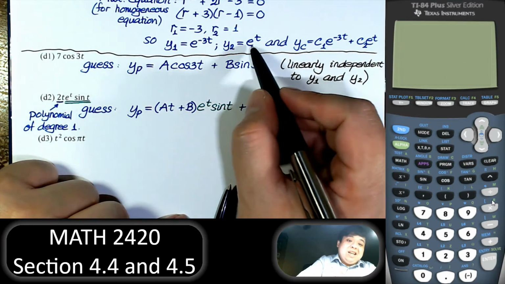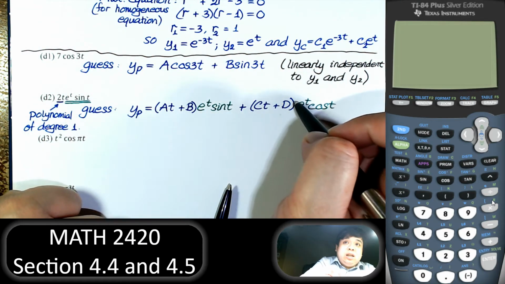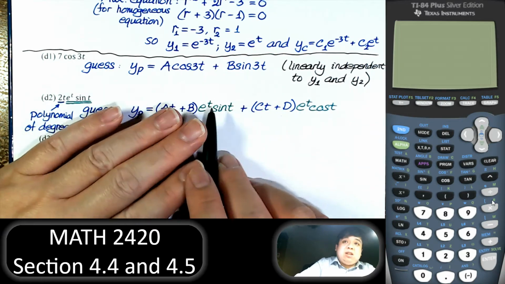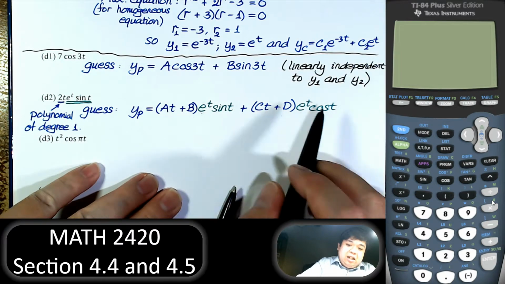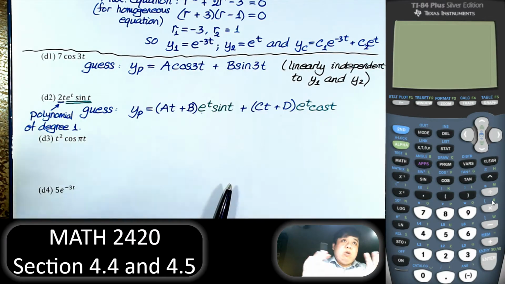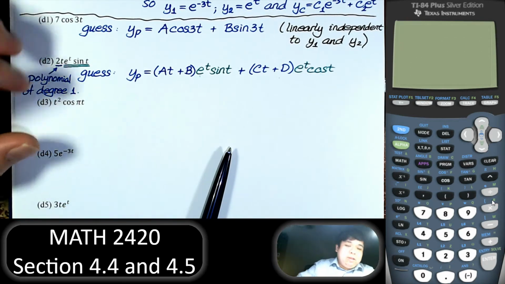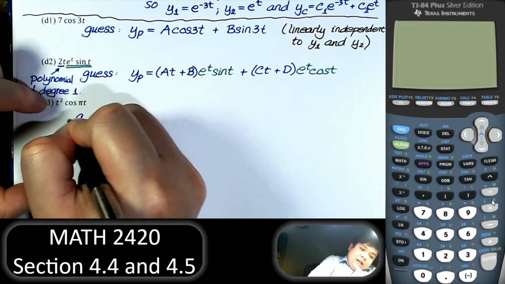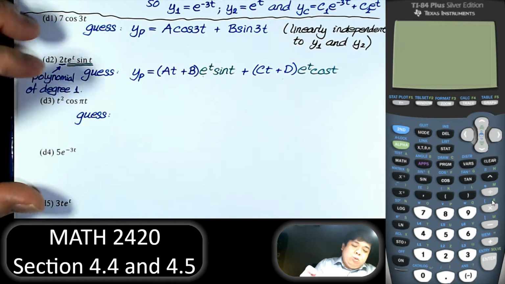The solution is e to the t or e to negative 3t, even though we have e to the t, but it's not this one, we have sine and cosine as well. So e to the t sine t, e to the t cosine t are linearly independent from those two, so we don't need to do anything else. Right. Next, if the right hand side is equal to this, our guess will be